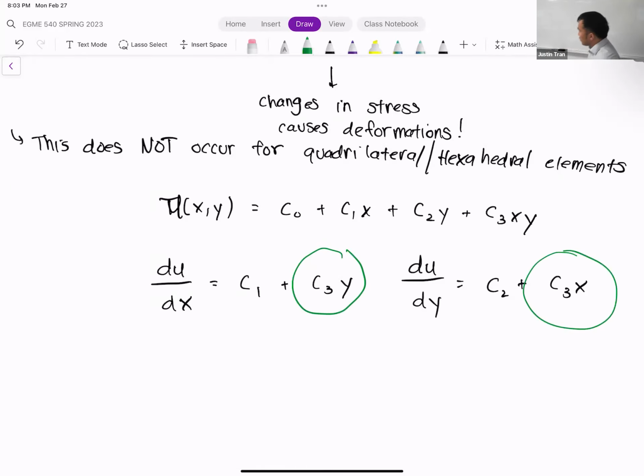And so because we have these terms here now, our strain is no longer constant. We can actually have variations in strain across an element. Given we can only get the variations in one direction, the cross direction, but that already is a huge difference. And so for that reason, if you can use rectangular elements, you run much less risk of doing something like this.